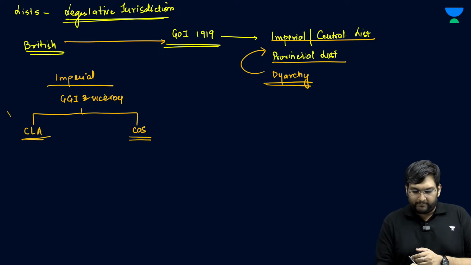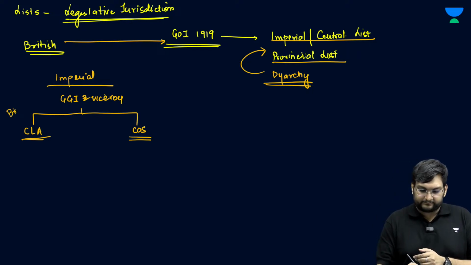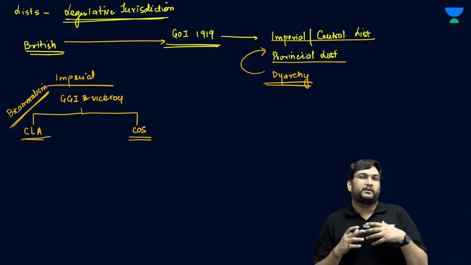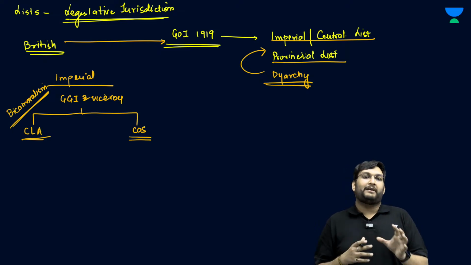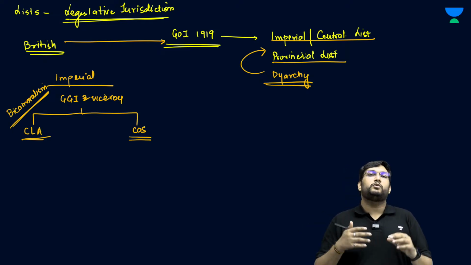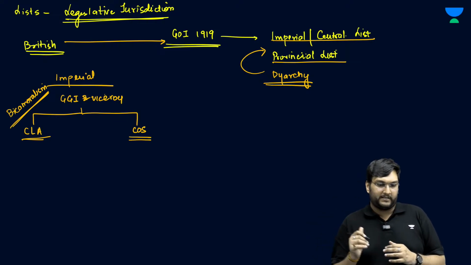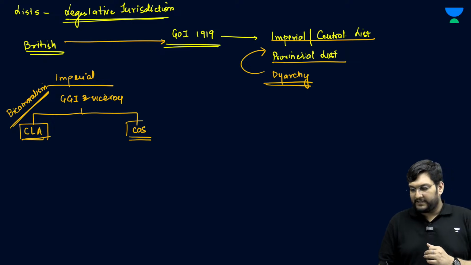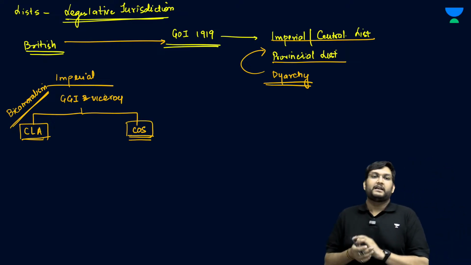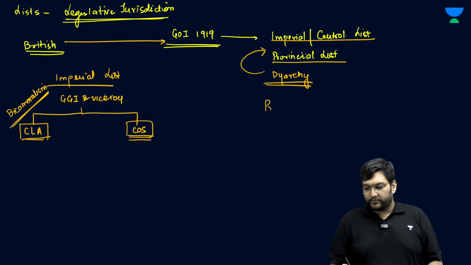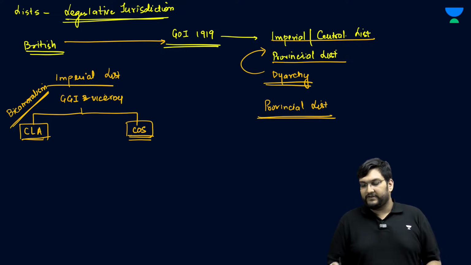Now the bicameralism at center was to make the lawmaking process more, if you want to call it, comprehensive, but it was basically a drama done by the British to add more Indians into the legislative process in order to actually show that there is representative government in India. So the Central Legislative Assembly and the Council of State concept comes here, and the imperial list is under them. However, in the provincial list, they wanted to limit the power of Indians,